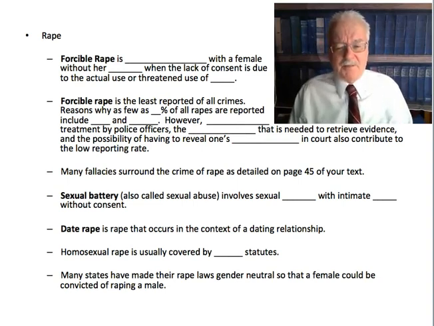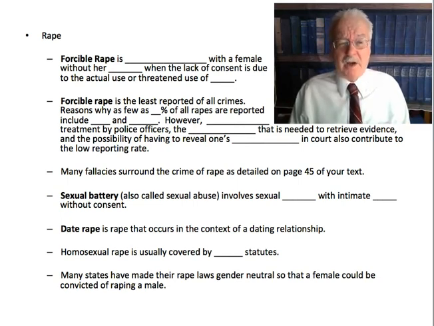Another thing that sometimes deters rape victims from reporting it or proceeding with prosecution is the possibility of having to reveal one's sexual history in court. Now, when I first became a police officer, it was a common tactic by defense attorneys to question the rape victim about all of her sexual histories, encounters, consensual and not. And this was extremely embarrassing, especially if family members were in the courtroom. Now, however, that's not allowed.